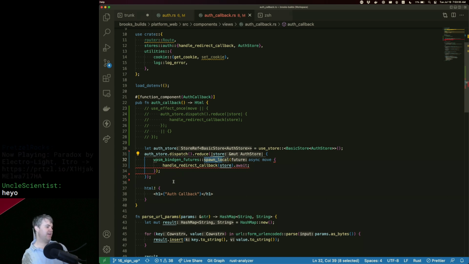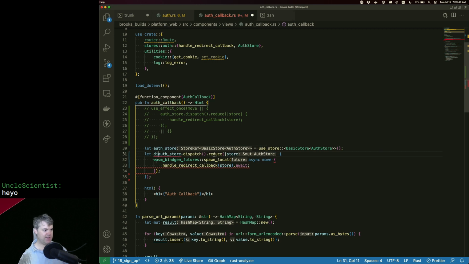Let's see. How else can I do this? Because I need the store to be created inside of here, which means I need a reduce to happen inside of here. So I could create let the dispatch equals you.